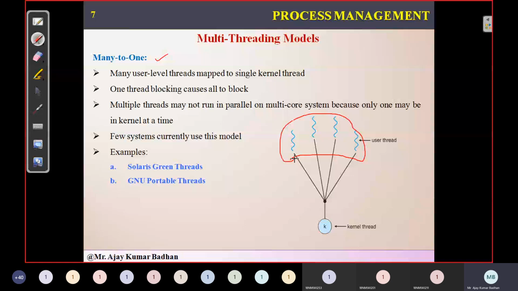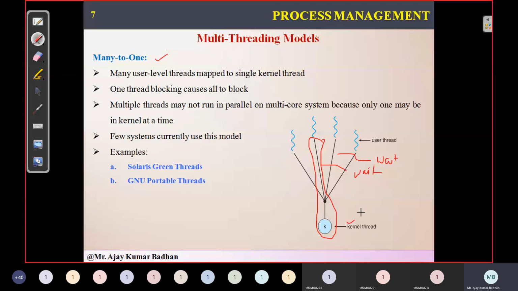Once this thread completes its execution, the next thread will be given the chance. Suppose first this thread is executing. It will be given the kernel and will execute, while in the meantime the other threads are in a waiting state. Once it completes, the next thread enters, accesses the system level thread, and starts executing. Then the remaining ones wait. This is the way it executes. We can have many user level threads, but ultimately a single kernel level thread.